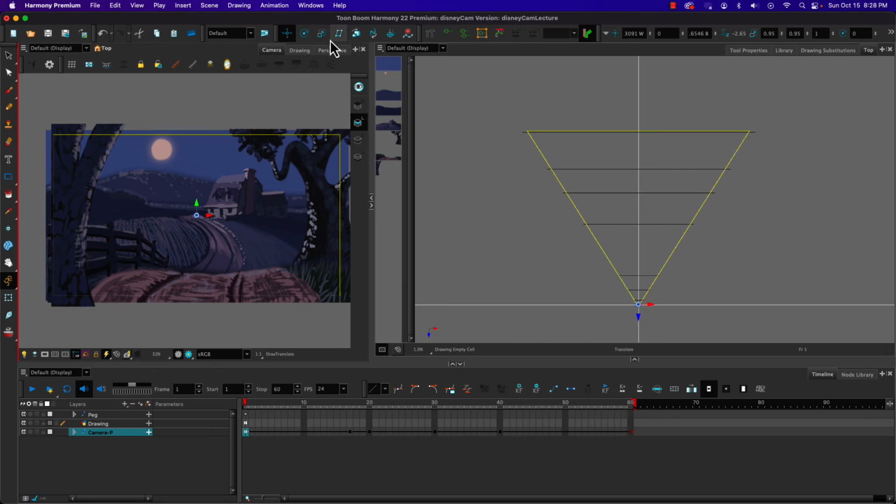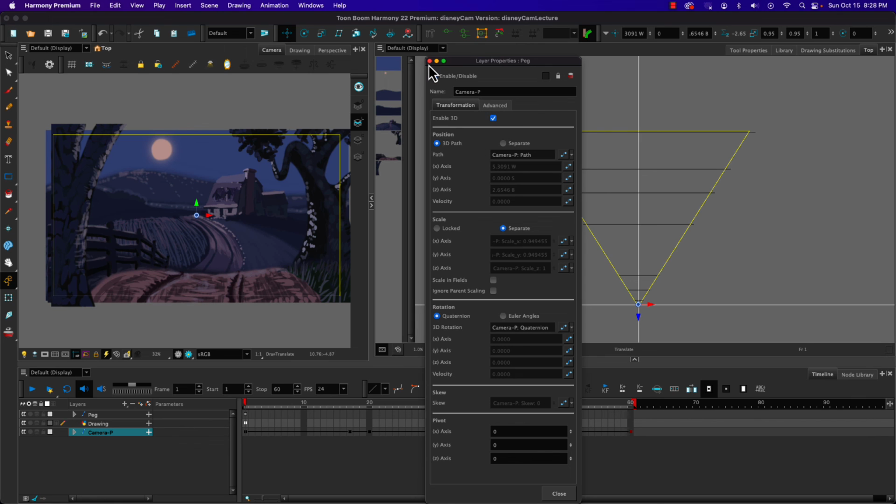So play with the different tools. Know that we start out with maintain size to move all your layers into their relative positions. Add a peg onto a camera object, and then you can animate the camera using the translate tool. If you do pull up the properties for that peg, you can enable 3D on it,